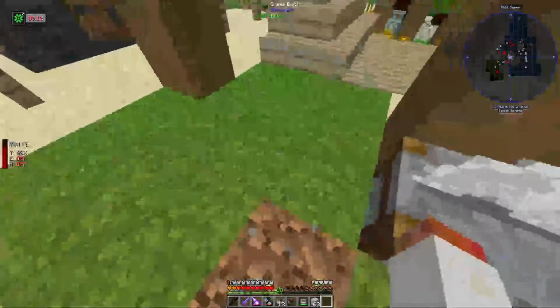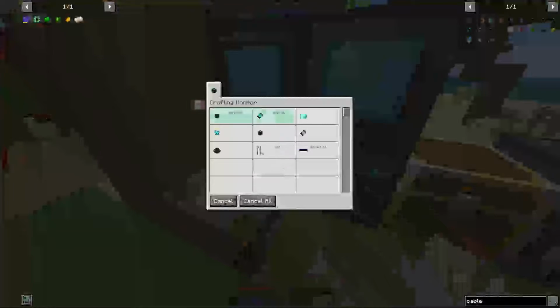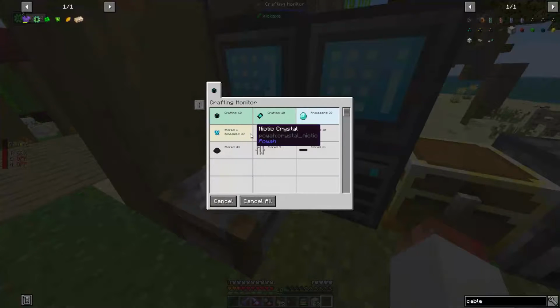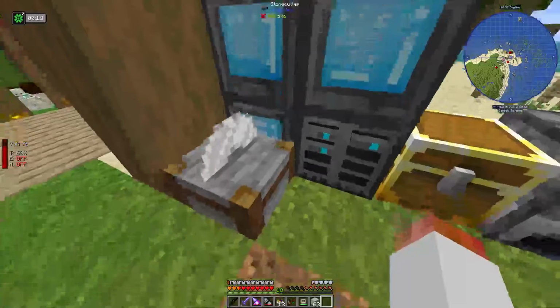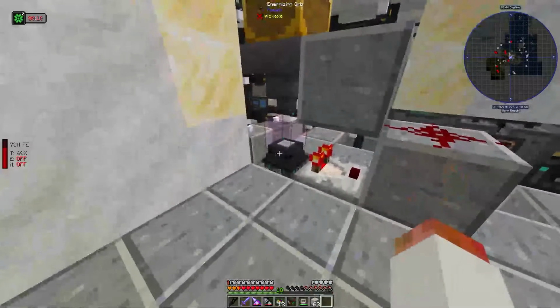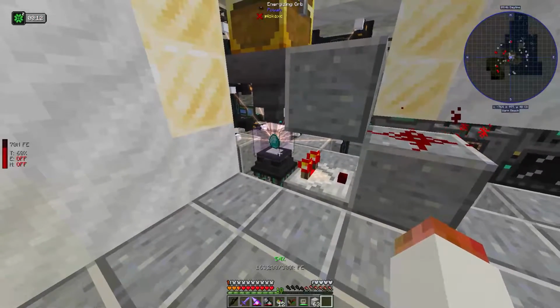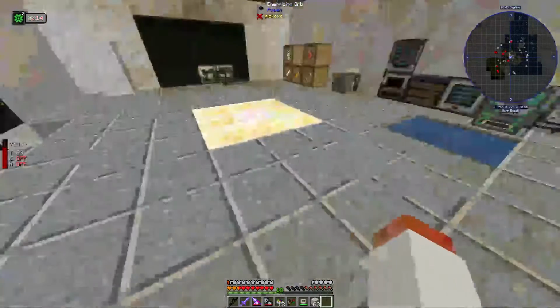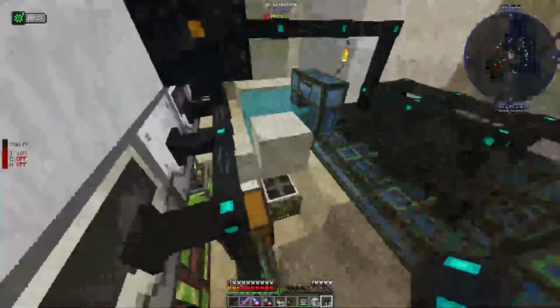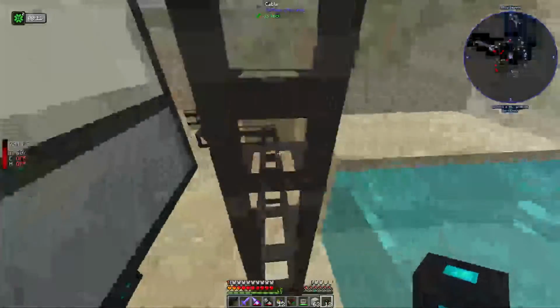Well, let's go up here to our crafting monitor. So right now it is taking our diamonds and scheduling, making the niotic crystals, but by the looks of it, that right there is really, oh shit, all it really needs to do that. So if we go here, cable, grab the 12 cables that are left, sweet,